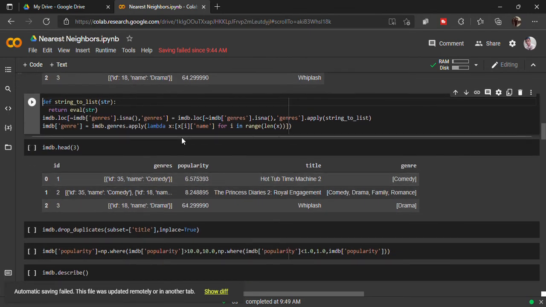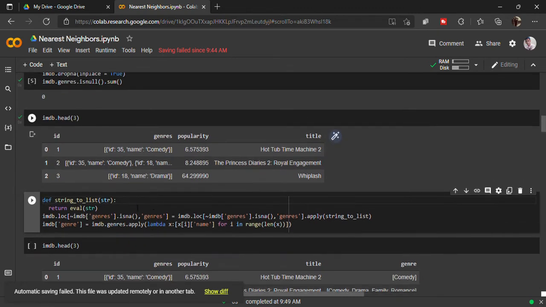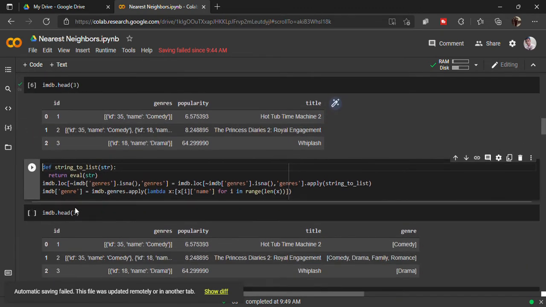So what we are going to do is, for this genres column, we don't need this id, we have the movie id, that's enough, we don't need the genre id. But we need what genre it is, right? In name, like comedy, so we need those. So for imdb subgenre, we are creating a new column genre. Here you can see it's genres, and you are creating a new column genre.